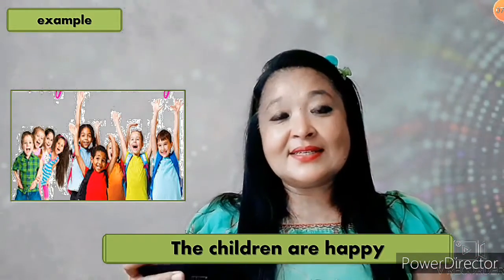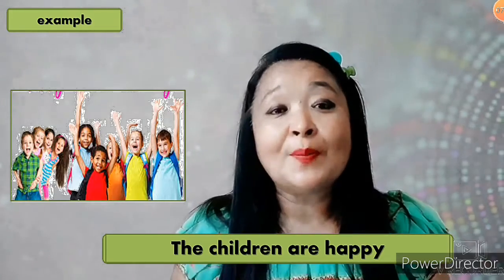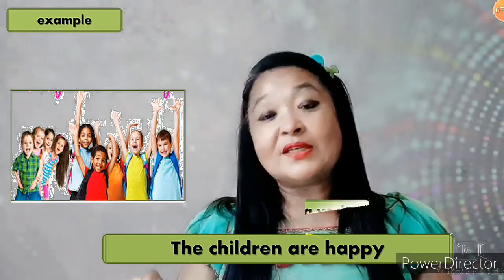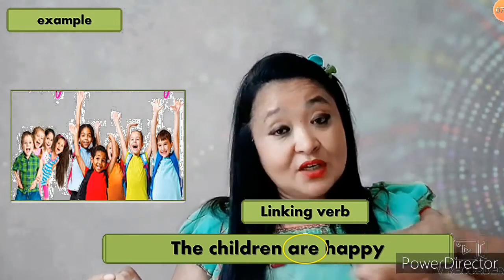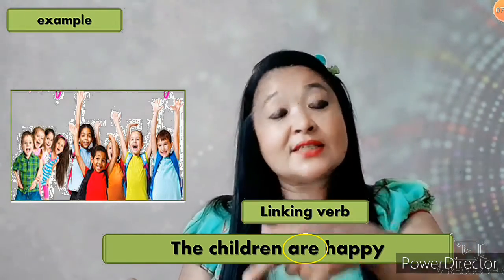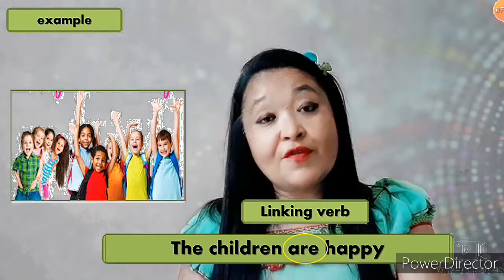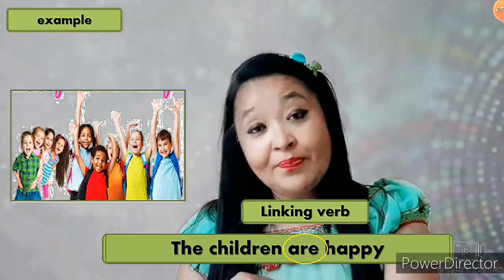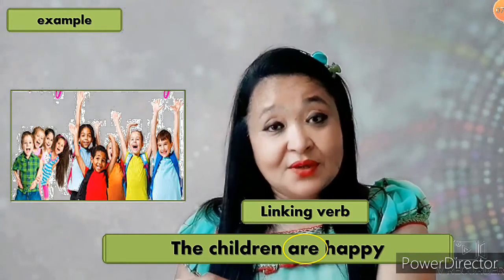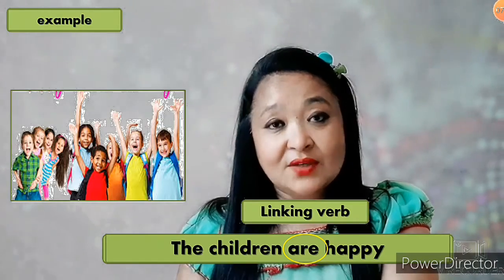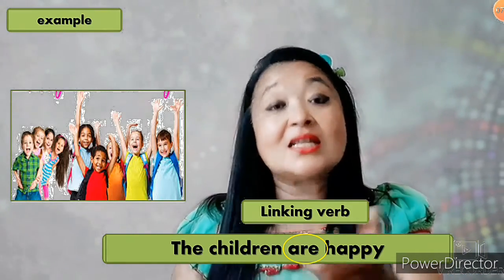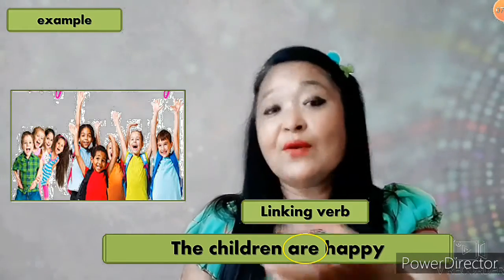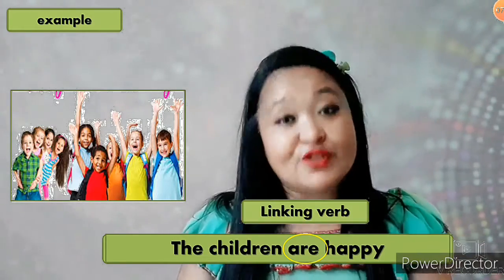Now, in this sentence, what is the verb? The verb is are, A-R-E. What is the subject? Look at the sentence. The subject is the children. Verb are. Okay? Happy is an adjective, isn't it? A describing word, adjective. So, the word are is the linking verb. It is a linking verb which connects the subject